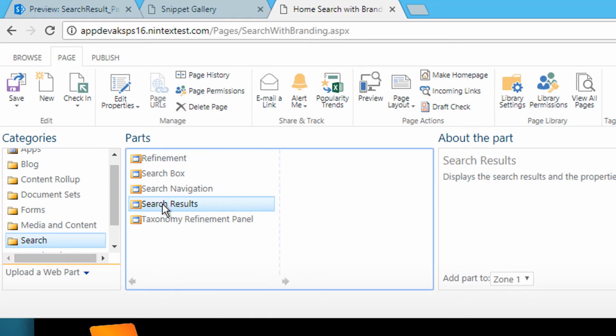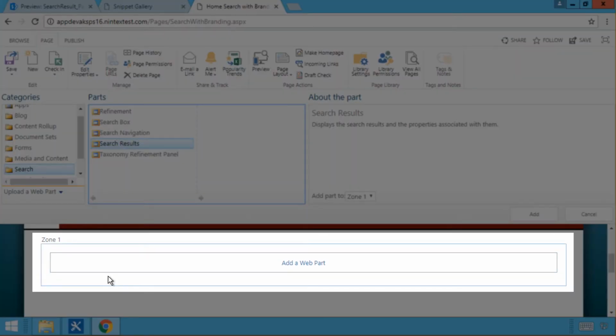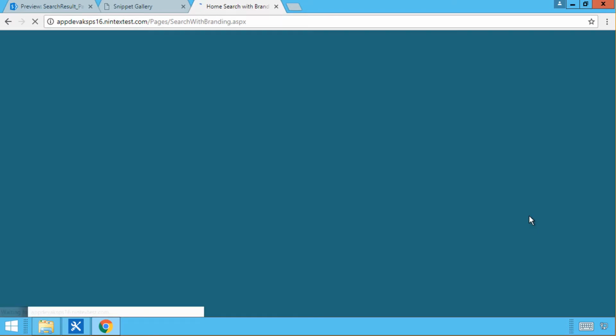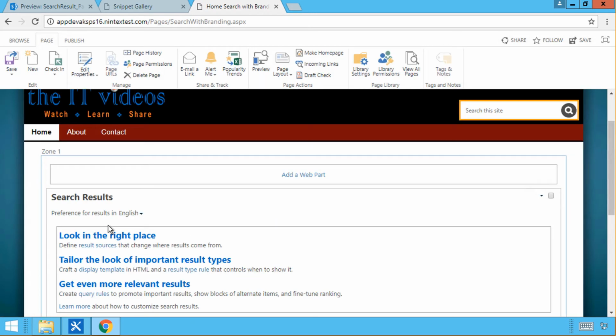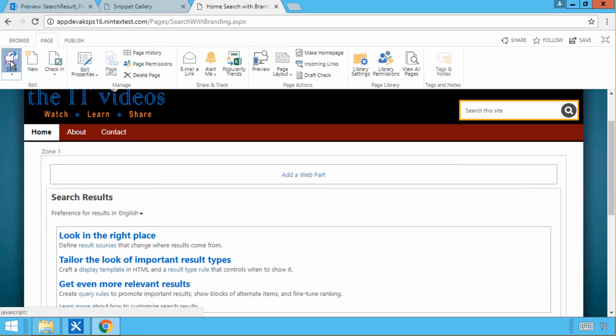So I'm going to select that, and we are adding it to zone 1. The zone 1 is this bit, so it would just drop the search results web part here. I'm going to click on add, and we have our search results web part sitting right here. If I click on save,